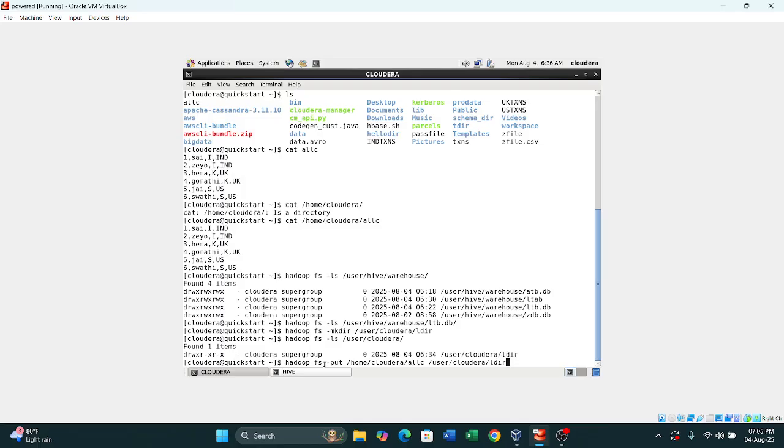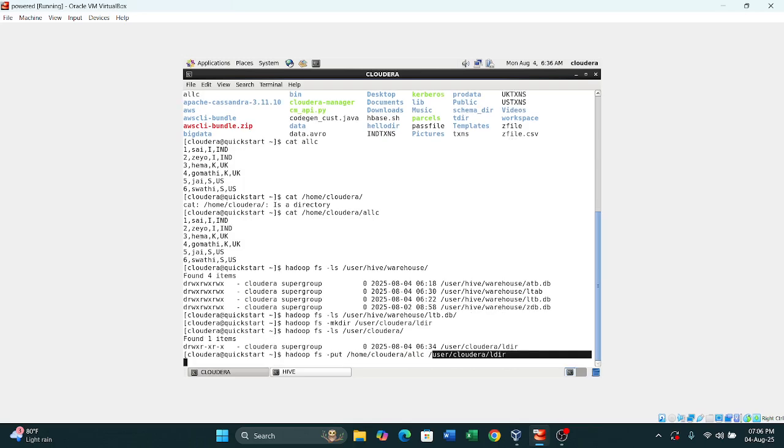Through the put command, this home Cloudera all.c file is just copied and imported into this directory, user Cloudera ldir. Okay, by shooting this command,